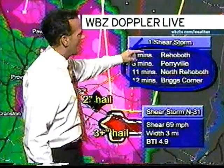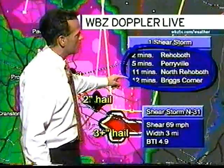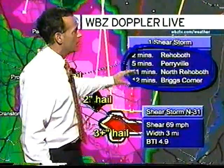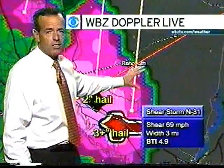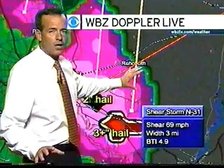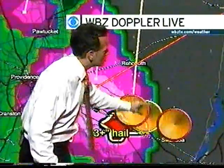North Rehoboth in about 10 minutes. Also in about 10 minutes, a place called Briggs Corner. If you live anywhere near here, take precautions and get down to your lowest level, into the bathroom if you have one, under a stairwell. Stay away from windows because this is a serious situation. The red swirling area here indicate what's called shear in the atmosphere. It's winds moving